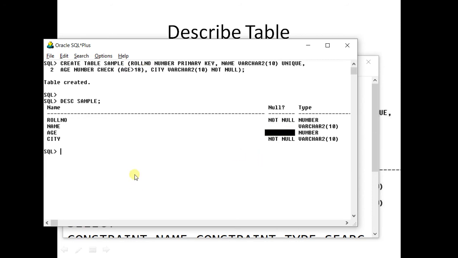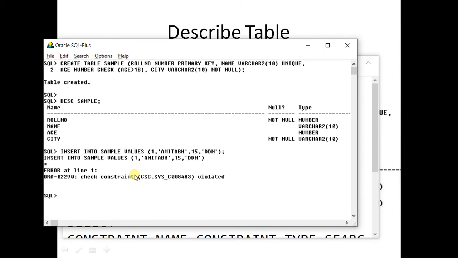If you try to validate it, you can see insert into sample values, suppose roll number 1 comma Amitabh comma, you try to enter age something like 15 comma Dehradun. So you can see constraint violated.